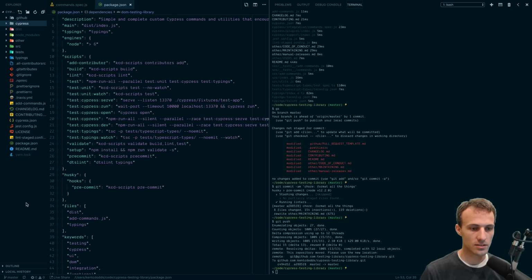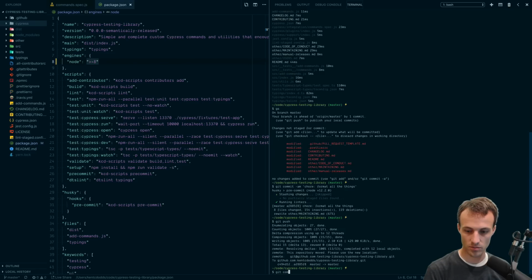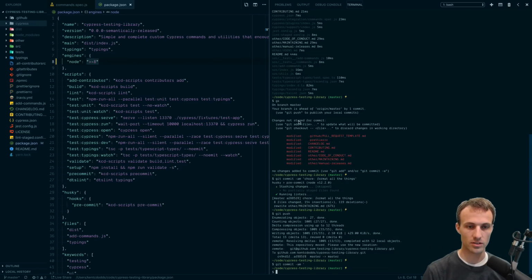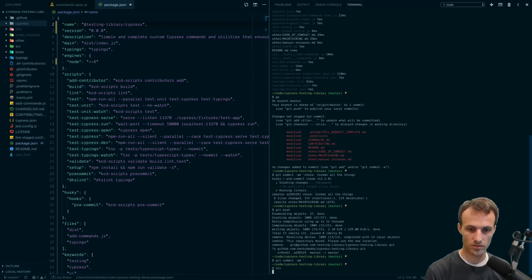Let's see, what else do we need to do here? I think that's probably it. I guess I'll update this to be greater than or equal to 8, because 6 is a goner. Git commit. Yeah, I'll just make that as part of this overarching change. So we're going to do 0.0, and we're going to do testing library / Cypress, and let's run the validate